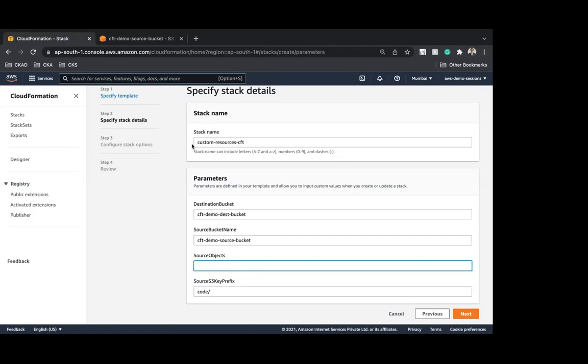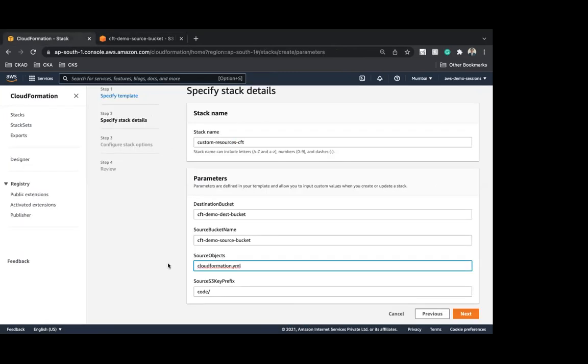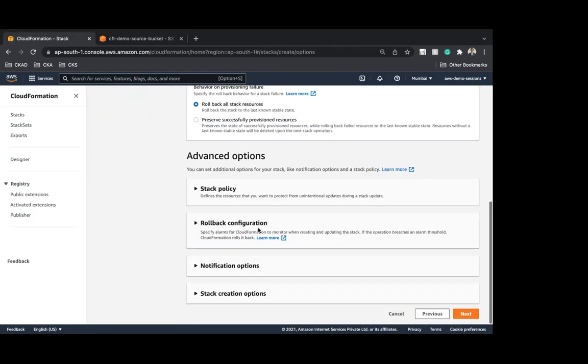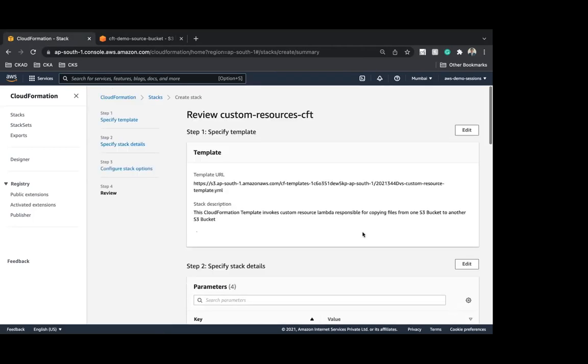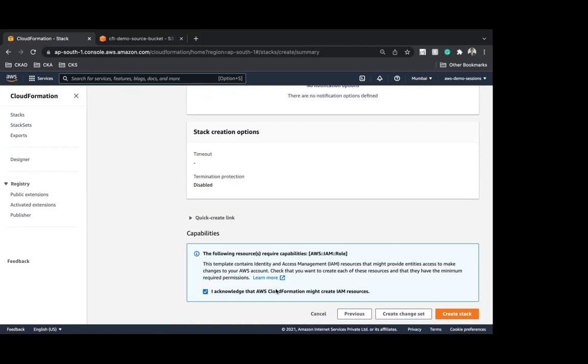So I will remove this. In the source bucket under the code folder, there is one CloudFormation.yaml file. I'll click on next, the same thing we recapped in the first demo. I'll skip that and click on next. I'll give a permission because I'm launching an IAM role, and I click on create stack.